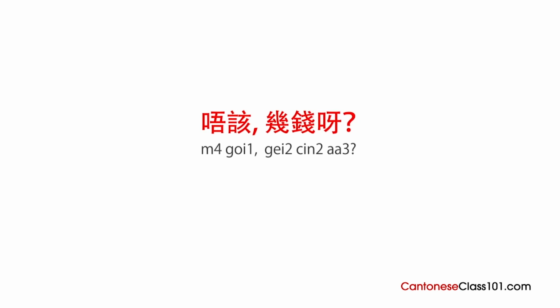Let's go! You see something you like and want to ask the shopkeeper how much it costs. The first thing to say is 唔該. Do you remember what that means? Excuse me. 唔該,幾錢啊? If we want to be more specific and ask how much is this, first we need